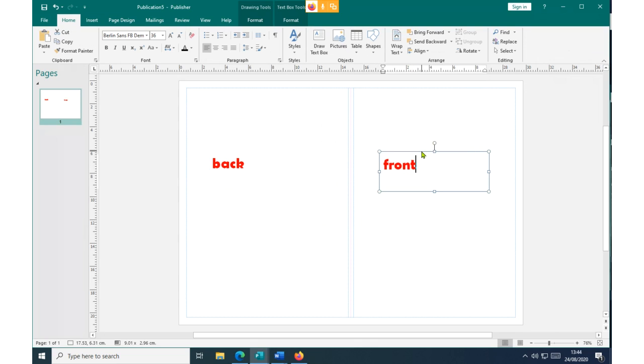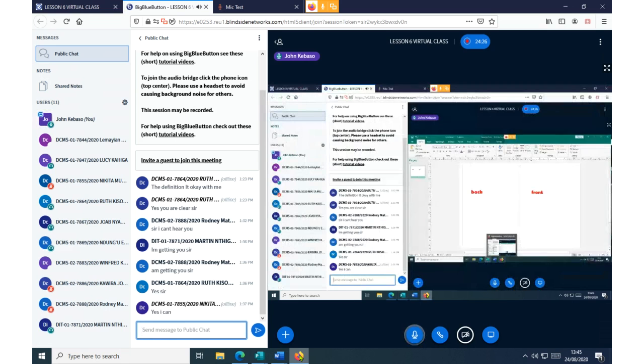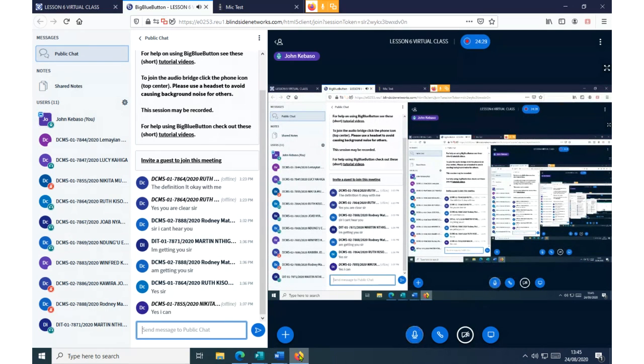To that level, can you confirm to me that you have followed what I've just explained, creating the publication page and dividing the page into two, whereby we have the front and the back? Please confirm to me on the public chat so that I can see whether we are doing very well. Confirm just by typing. I'm back to your chat. If there's anything you want me to repeat, I'll repeat, because here we are learning, we cannot rush. We need to learn and understand the concept.